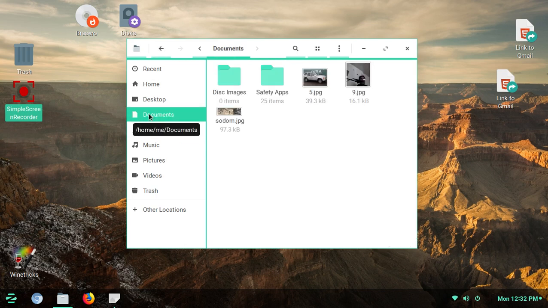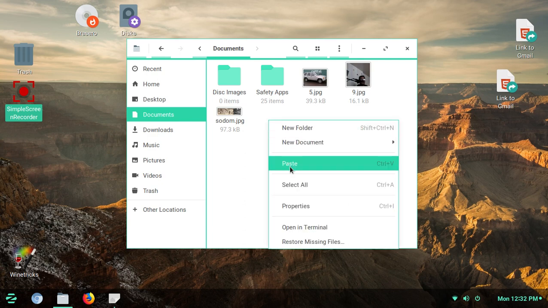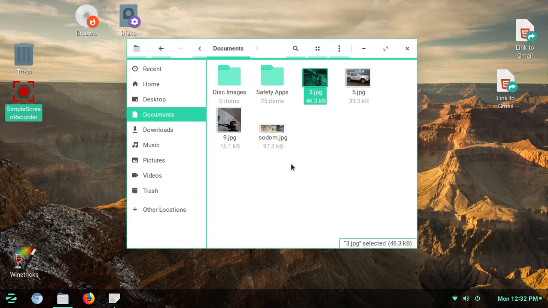Okay, now you see the Documents folder. In there, pick a blank spot in the folder, right-click and click Paste. Okay, now we have the file in there that I just put in, this one right here. So if I want to go back to Pictures to make sure it's still in there, the way Zorin